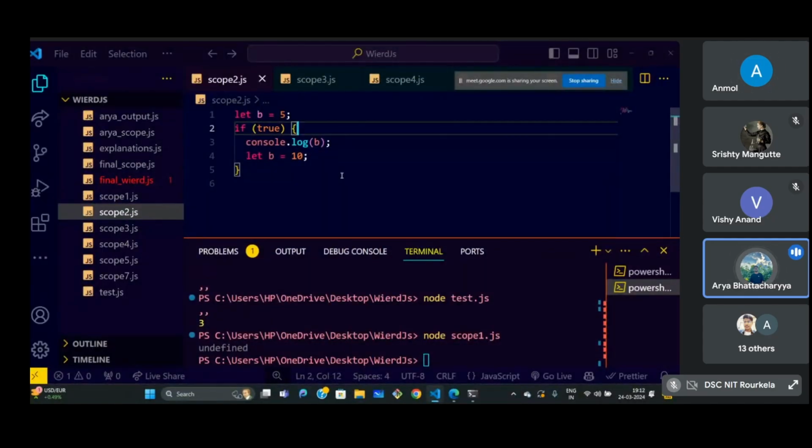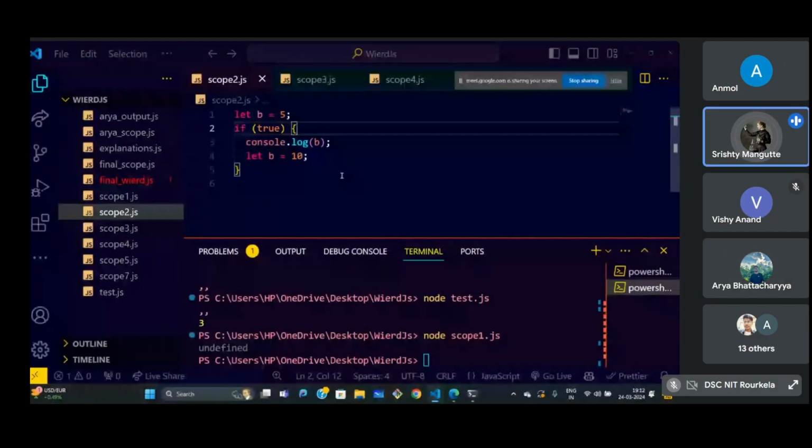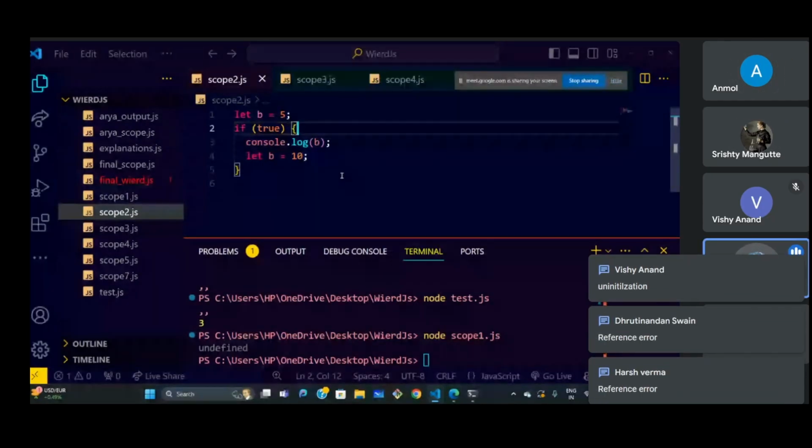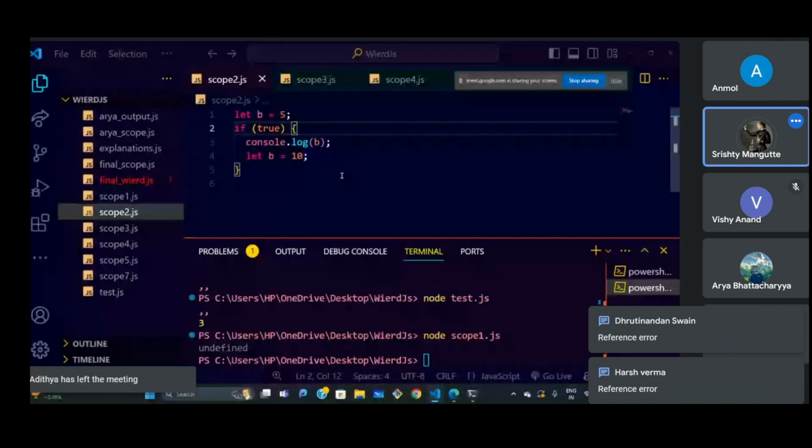So what is it called? What is the error message called? Drop down your answers with respect to that. There are different types of error, right? Reference error, syntax error. Correct. So will it be syntactical or reference? So what error will it be exactly? Okay, everyone is saying reference error.